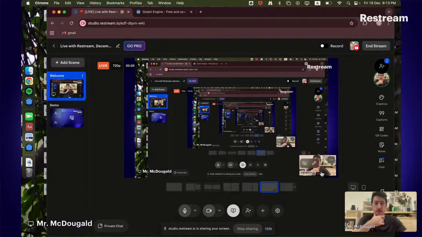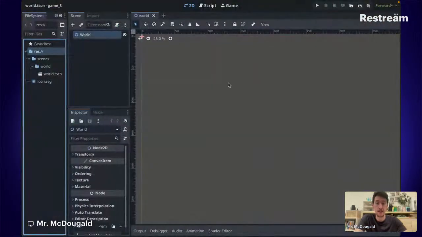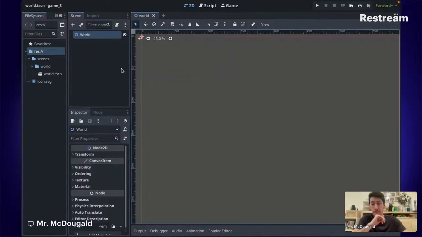Does it move? No. We're going to look at how to make a player that moves in our game. So we have our world scene here, and we want to now have a player that operates in our world. To do that, we really need two things. The first thing that we need is the player. The second thing that we need is a floor for our player to walk on so that they don't fall